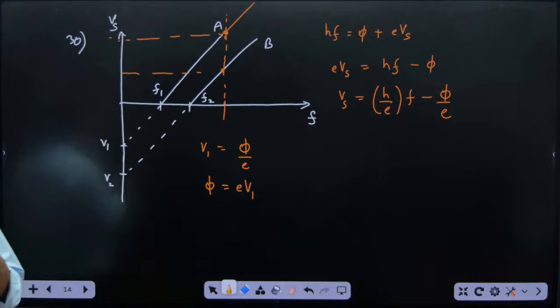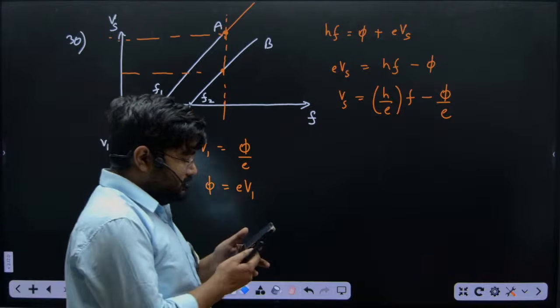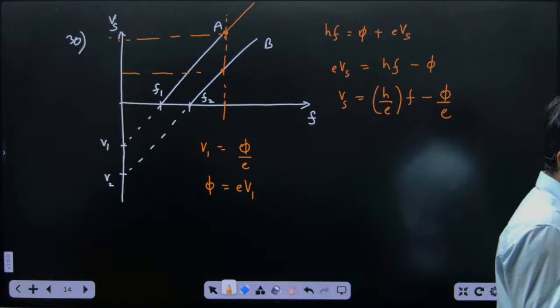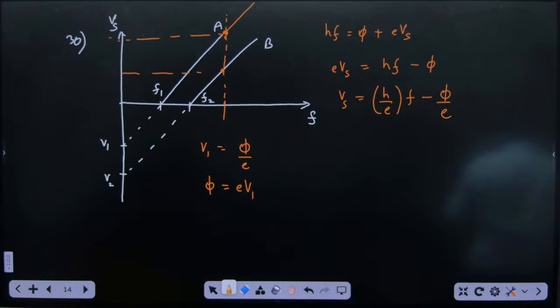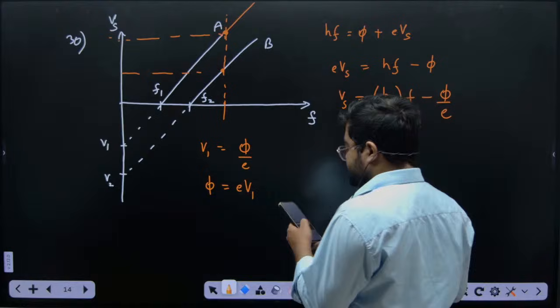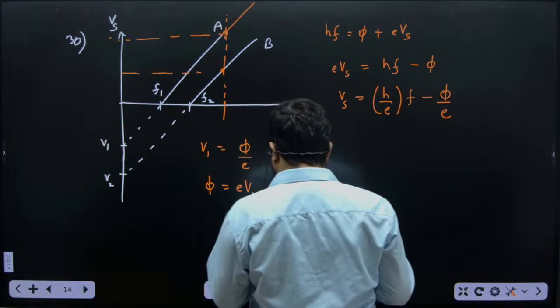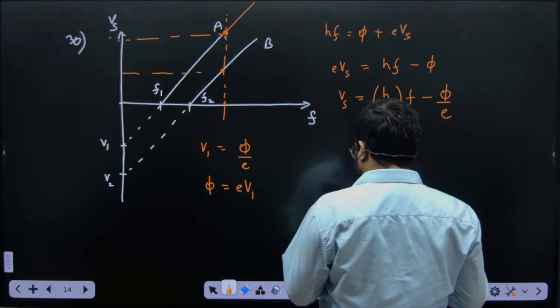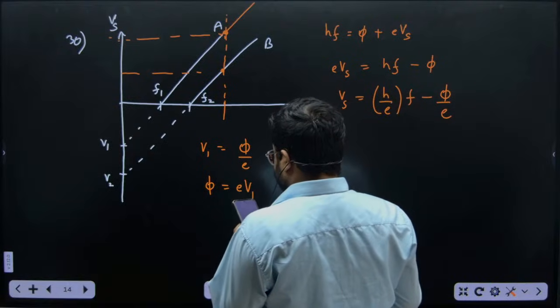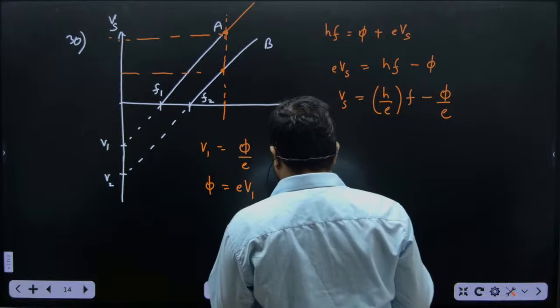Next is, if the intensity of the radiation is doubled, keeping the frequency constant, then slope will change, threshold frequency will change, what will change? Okay. So if the intensity is doubled, keeping its frequency constant,